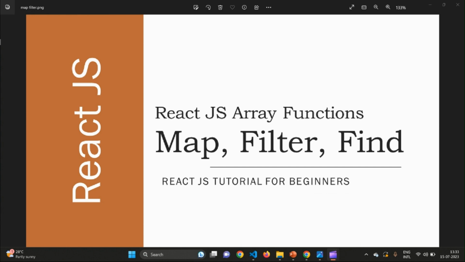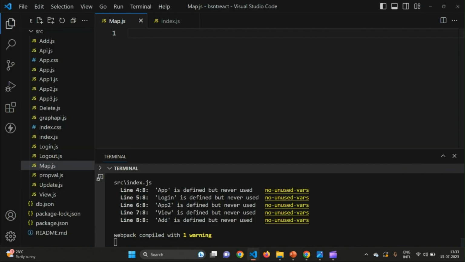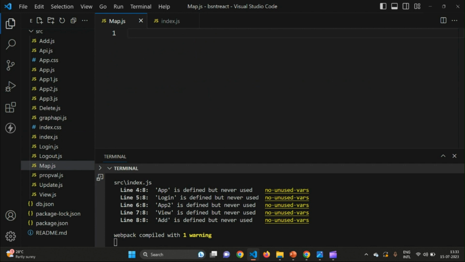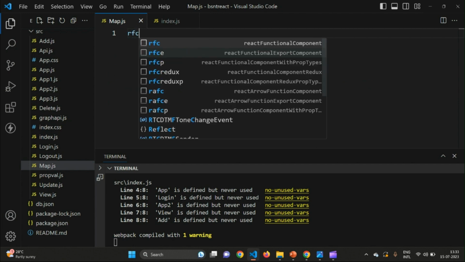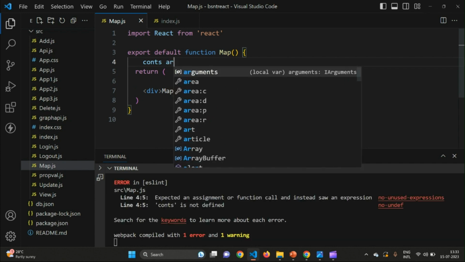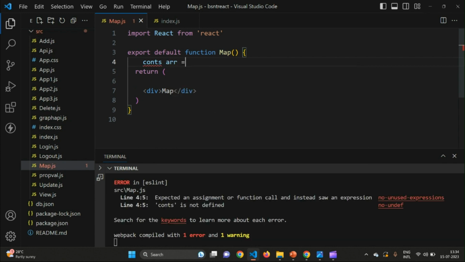All right. So I have an index.js file and I am trying to make a component called map. So this is the map component that I'm going to create. The component name is map. And now in this component, I'm going to create an array. Okay. Constant array equals